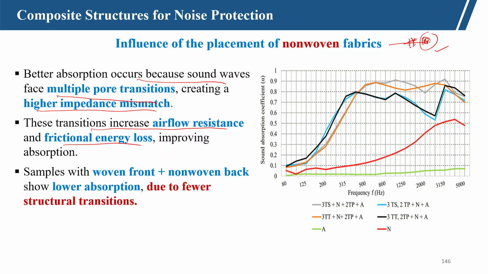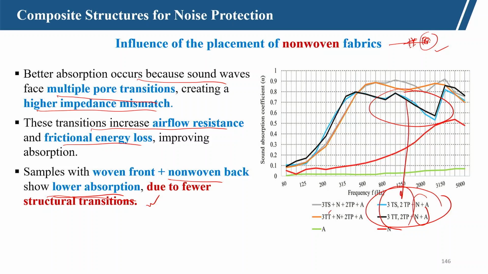Now the sample with woven at front: woven at front and non-woven at back shows lower sound absorption, like these two. It shows lower absorption due to fewer structural transitions. Now, which is very important,